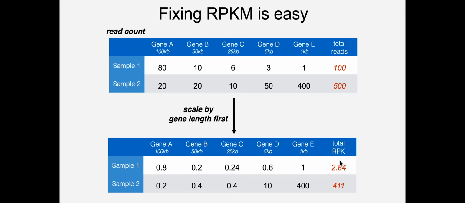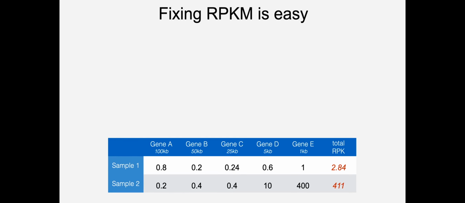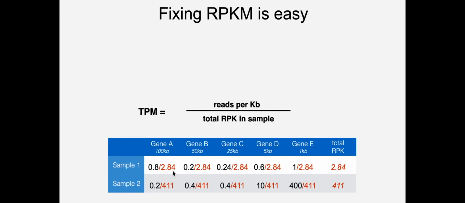All right. This total RPK now becomes a normalization factor, and we can divide all of our reads per K in the sample by that total RPK in the sample. That is the formula for transcripts per million. That's the formula that was used to generate the data you see in the Kallisto file. So what's that look like? Well, we take that 0.8, we divide it by 2.84, 0.2 by 2.84. For the second sample, we're dividing by the total RPK for that sample, so 0.2 divided by 411, et cetera,